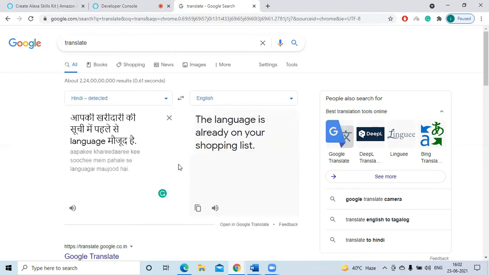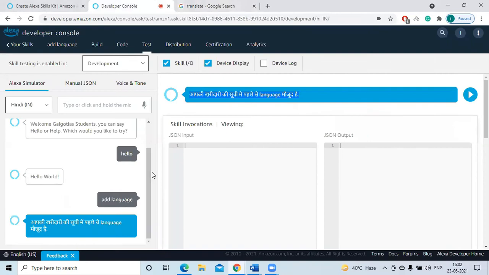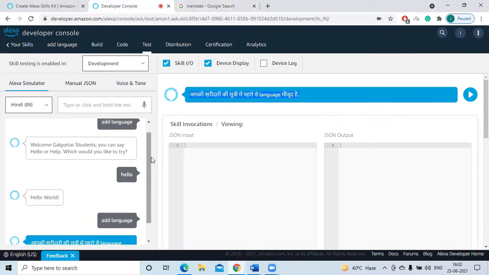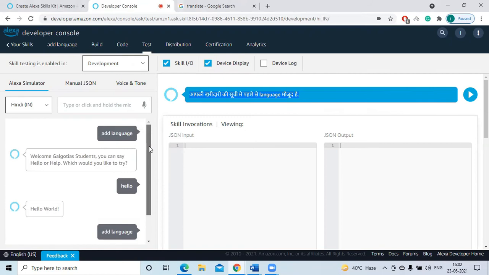The language is already on your shopping list. Okay, it is giving some wrong output because I have added only the English language.